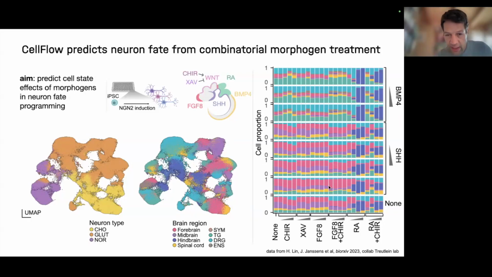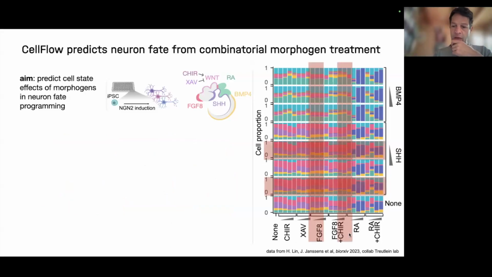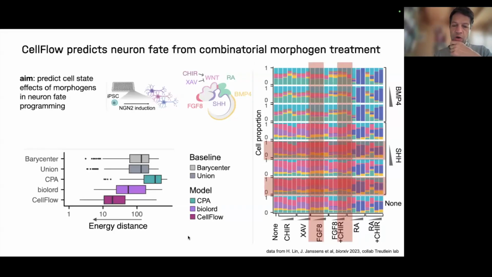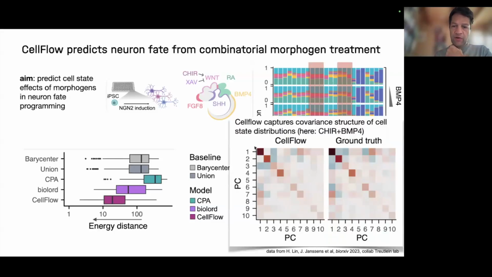And of course, the question is, can you search for all the other combinations that you haven't seen yet, right? Can you play around? Can you, for example, hold out a few random ones? How does the model work? What you see when we do a hold out is that our model, versus some of our earlier ones and competitor models, does a good job, as you would expect. And we can also see that it captures the covariance structure much better than other ones. In this case, for example, for combinations of two factors.